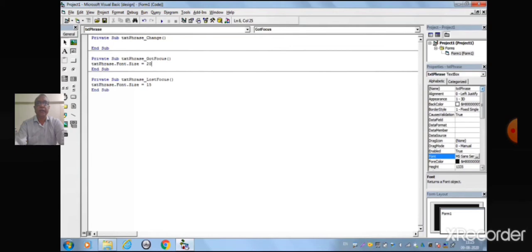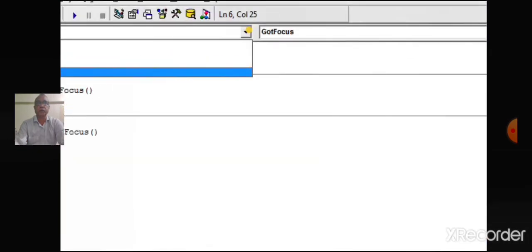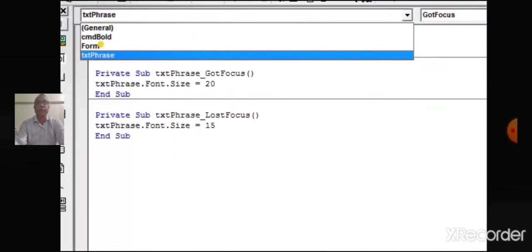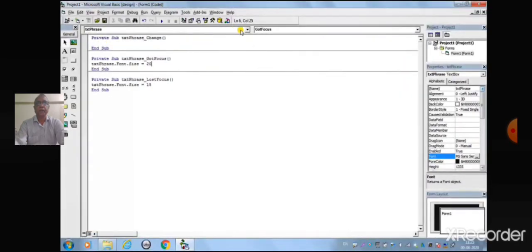Now let us create an event procedure for the command button. Click on the down arrow button to the right of the object box. The drop-down menu contains a list of objects. Click on cmdBold. The event procedure cmdBold_Click is displayed.